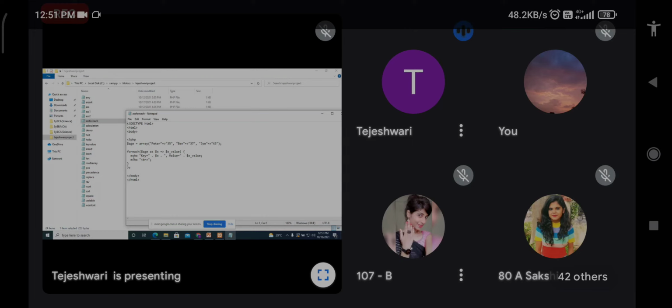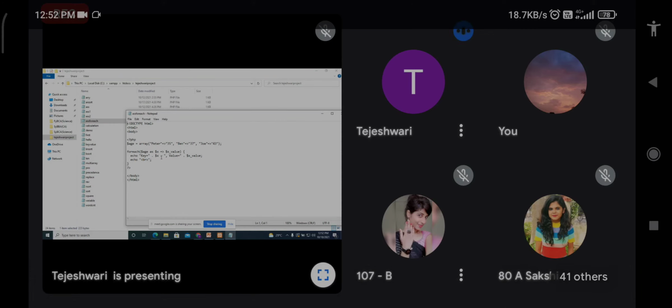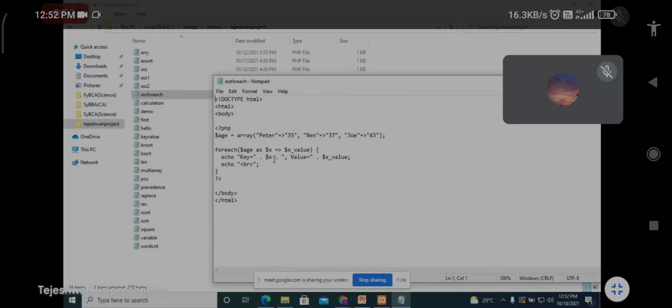For this foreach loop, first we declare the variable, $age as, which is compulsory. Then we take two variables, because one variable is for the key and another for the value. That's why I have taken $x => $x_value.